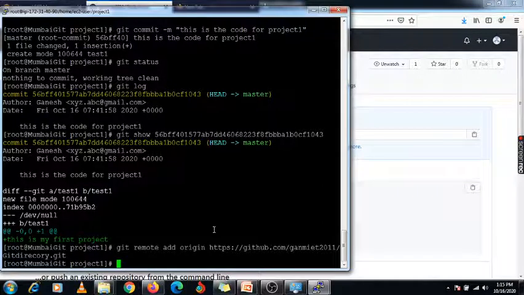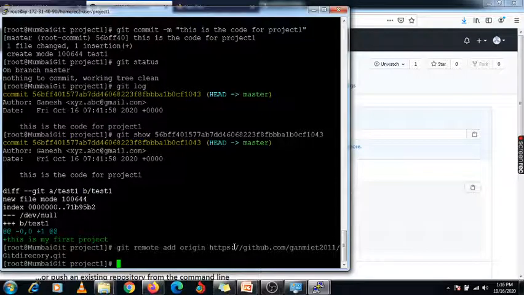Now this means we are pushing our code from this local repository to the central repository, that is in our GitHub. So this is the URL you need to put here. First we have added the git repository to my Linux machine.